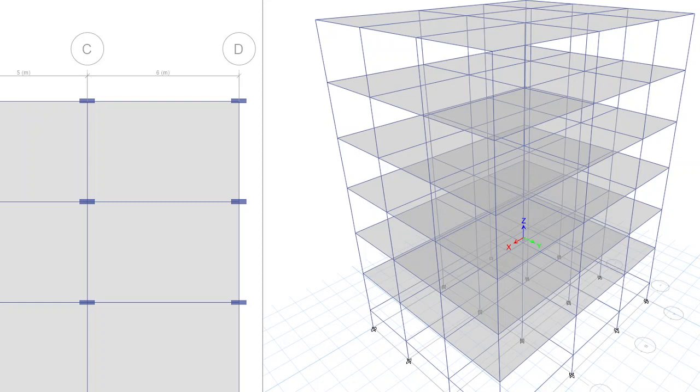For this dynamic case, we will not be assigning separately. Whatever is defined will be automatically applied to the entire structure. So just run the analysis now.